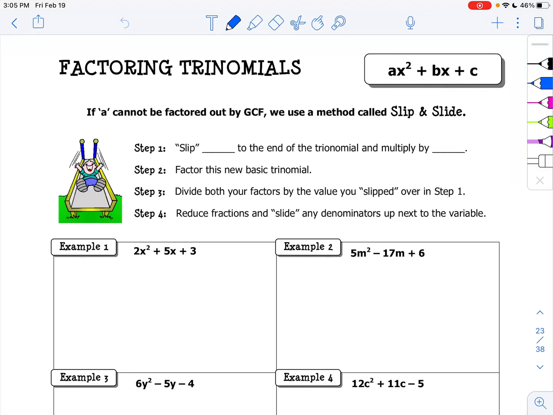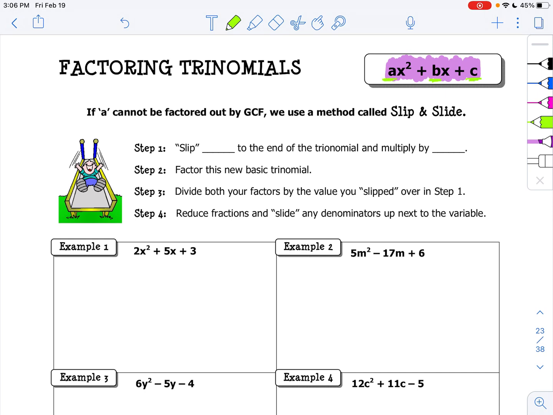In this lesson, we're going to continue talking about factoring trinomials. In our previous lesson, we talked about factoring trinomials with a leading coefficient of 1. In this lesson, we're going to look at trinomials where the leading coefficient is greater than 1. So just like with the other lesson, we had a b value and a c value, but we're going to